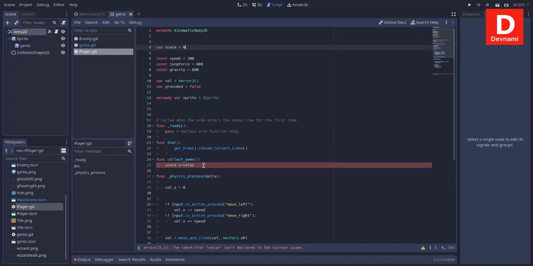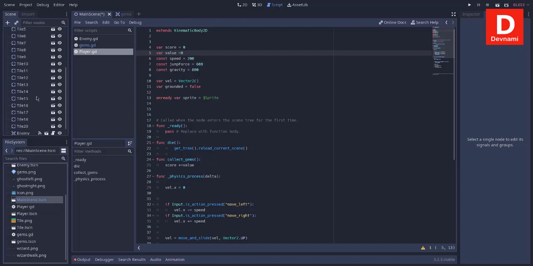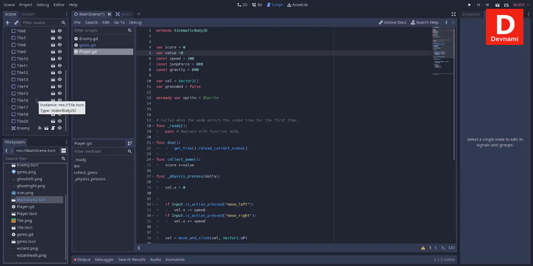Considering value is not listed here, value is passed, so we will have to arrange that. Variable value set to 0. Okay, so the value will be passed from that function to here. So initially we will set its value to 0 here. Okay, now if we go back to our main scene, we'll have to add